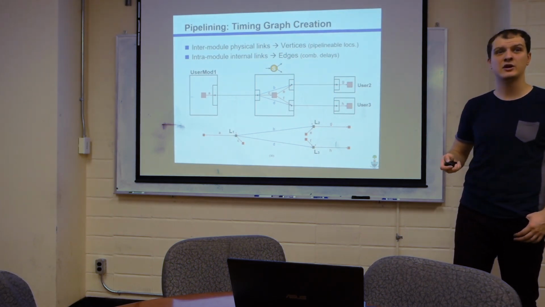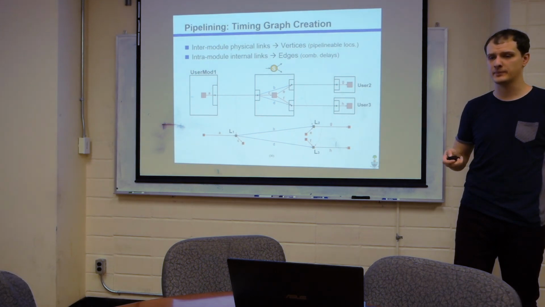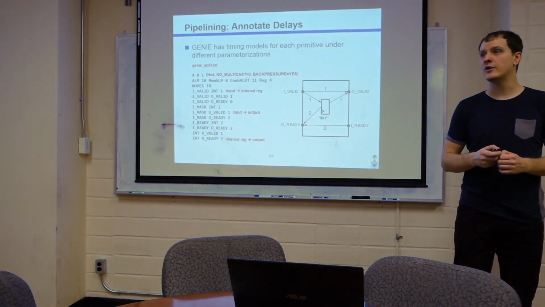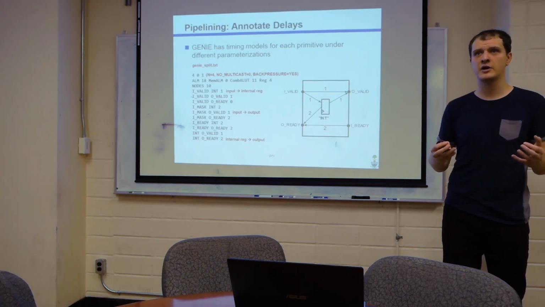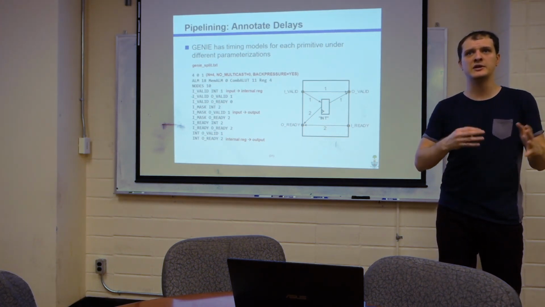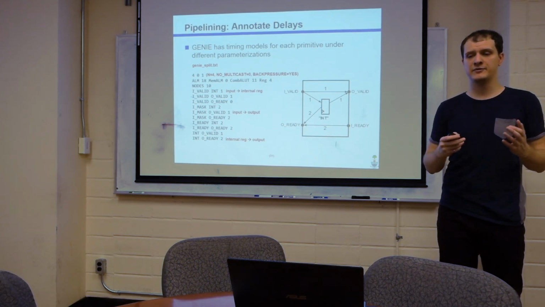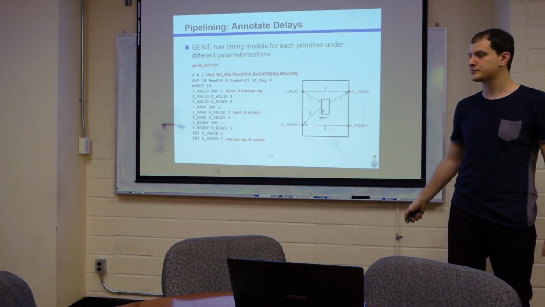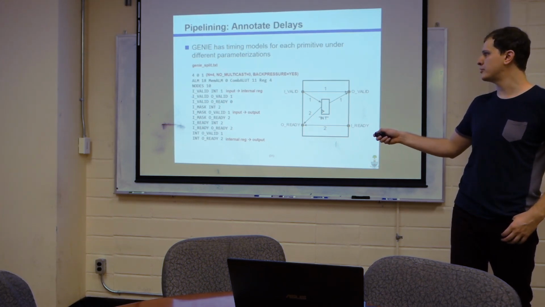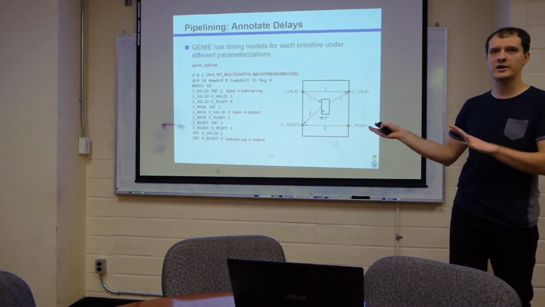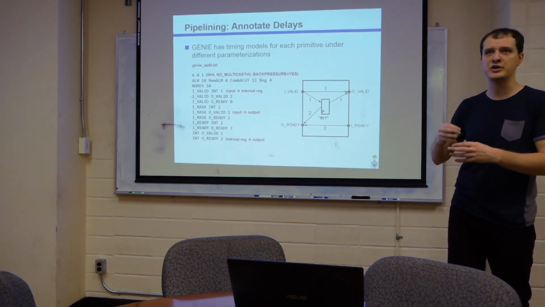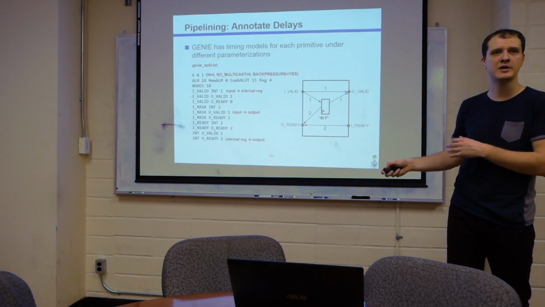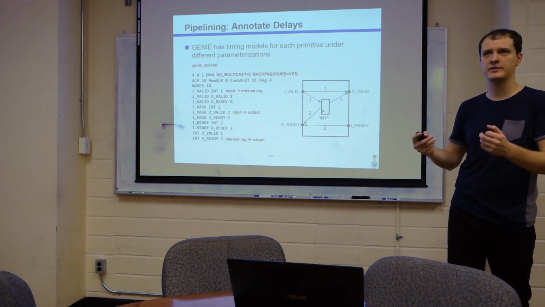Next is how do we annotate the logic delays onto it? Where do they come from? For interconnect modules, Genie maintains a pre-characterized database of all of the primitives under many, not all, but many different parameterizations. For each one, we store an entry with the logic depths and also the area. So here's an example for Genie split. And this is all created automatically through a flow. So Quartus is run and TimeQuest, the timing analyzer, is run, to extract these and dump them to a file. So this comes from real stuff of taking each